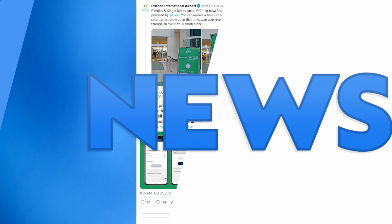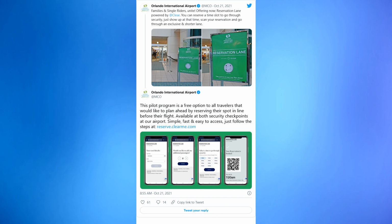Orlando International Airport is now offering a reservation lane powered by Clear for travelers to reserve a time slot for going through security. Sounds a lot like Lightning Lane, right? The pilot program, though, is free. Reservations can be made at